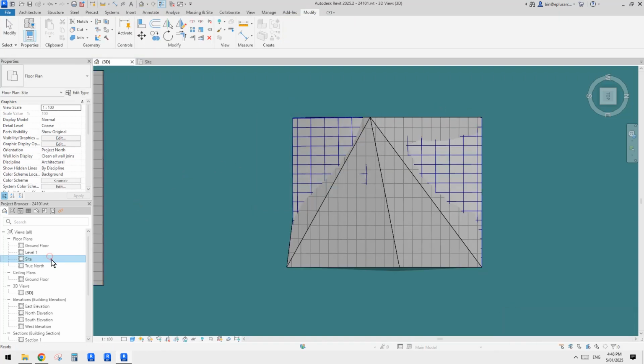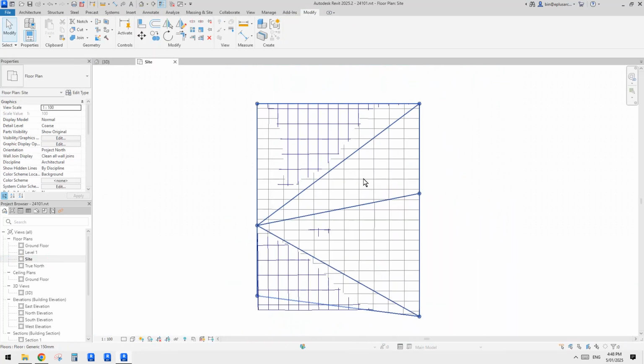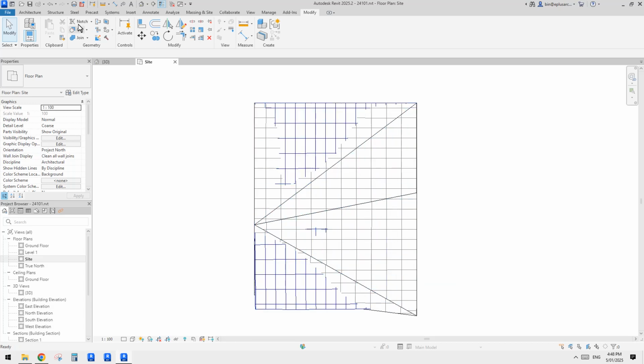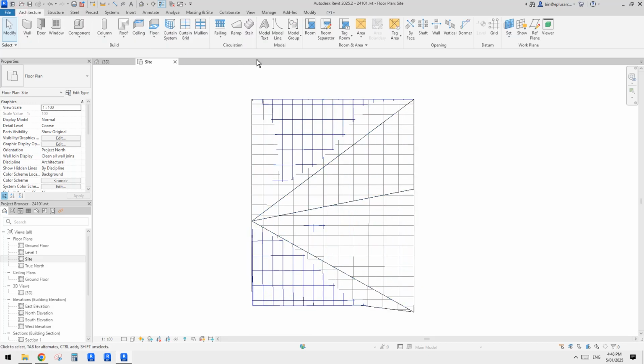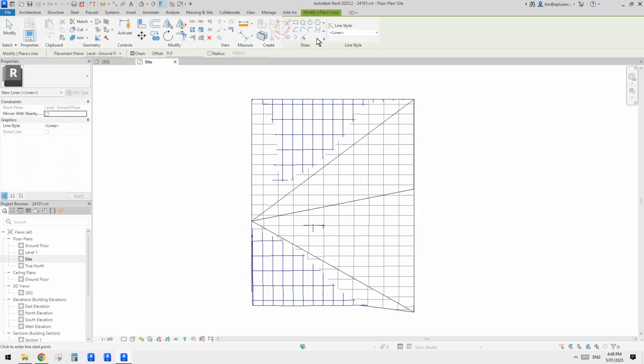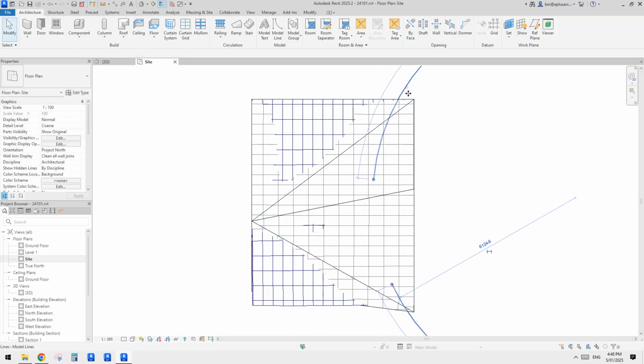I'll go to side, this is side plan. If we need a shape like, for example, a circle shape, maybe not a circle, I'll just use model line. I'll just create some involved